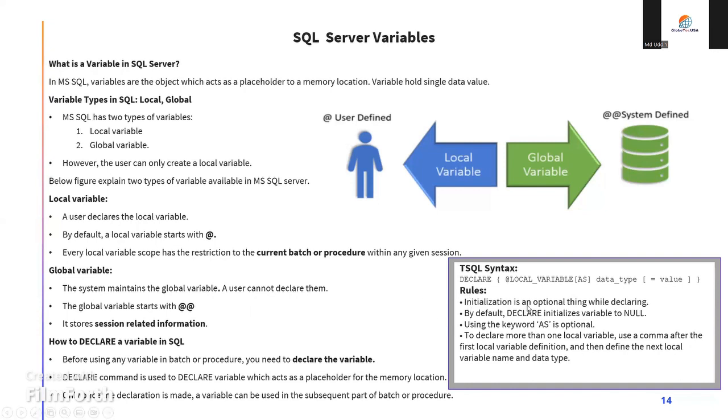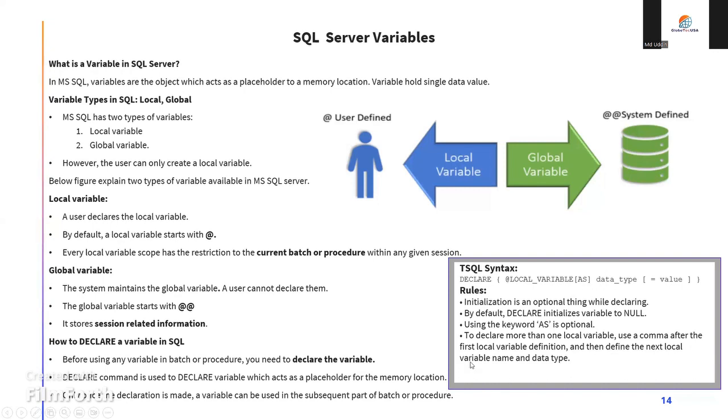The rule is you initialize optional things while declaring, and by default the declared variable is null. So by default it is null because you did not provide anything, right? Using the keyword AS is optional. You can use AS, but it's not mandatory before the data type. You can